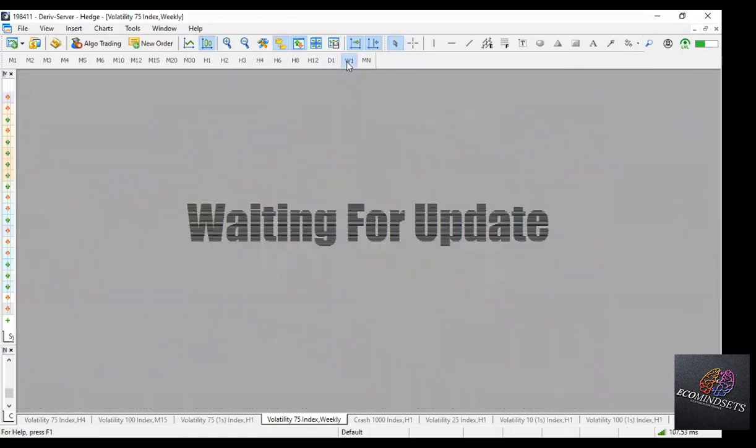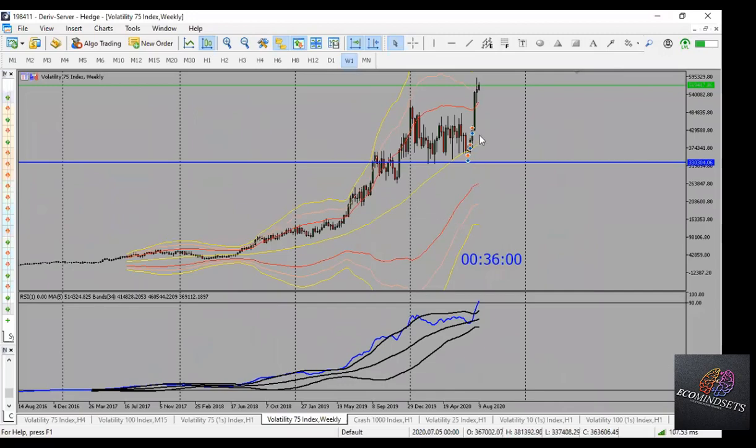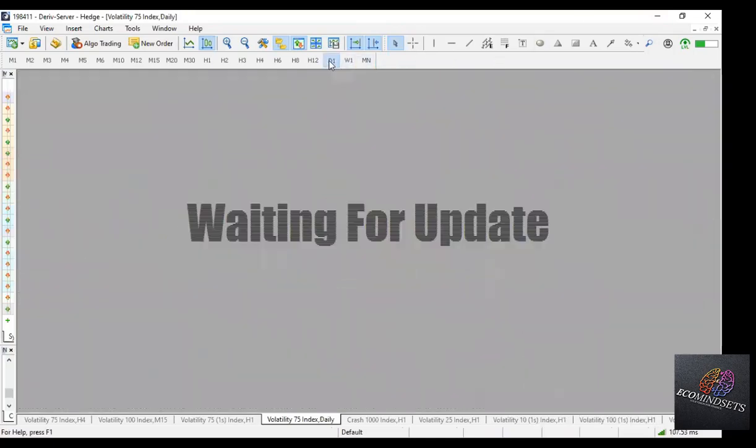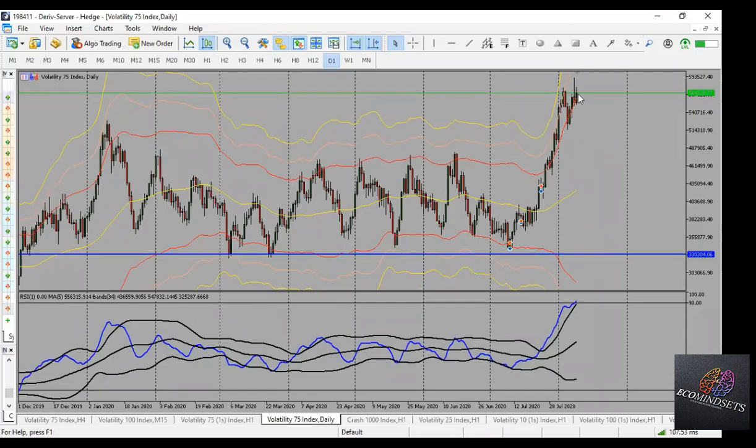First of all, we come to our weekly to see what is happening on the weekly time frame. And as we can see, the week is on what? An uptrend. We are on a bullish move with the weekly. And then our daily is also on what? On a bullish move. So within today, we would have only been looking at what? Buying this market. We'd only be looking at a buying opportunity in this market.